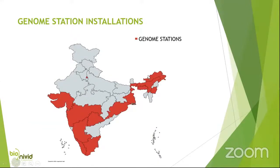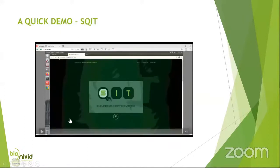Now, this is a small chart of various Genome Stations and the installations that we have done in the past. So slowly and steadily we are planning an expansion into the unventured territories as well, and by the end of this year you would see a lot more areas being covered in red. Now I would like to give you a small demo of how exactly one such automated application, that is SQIT, works. If you look at the video here,